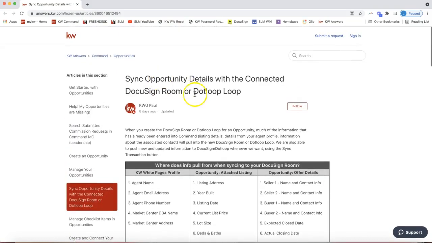So again, if you want to bookmark or save this, just go to answers.kw.com and click sync opportunity details, and it should pull that right up and you can save it. If you have any questions on this, please do not hesitate to reach out,